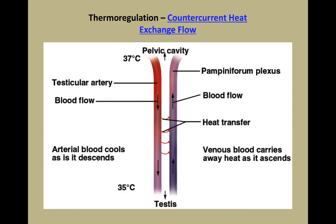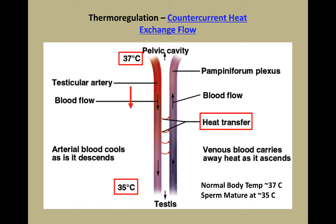You may be asking, why would the body try to cool the testicles? Well, if you look closely, the blood leaving the body through the testicular artery is about 37 degrees Celsius or 98.6 degrees Fahrenheit. As blood flows through the artery towards the testicles, it loses heat to the cooler blood in the pampiniform plexus. So by the time it reaches the testicles, it is about 35 degrees Celsius or 95 degrees Fahrenheit. Sperm fully mature at 35 degrees Celsius, which is why the body is working so hard to regulate the